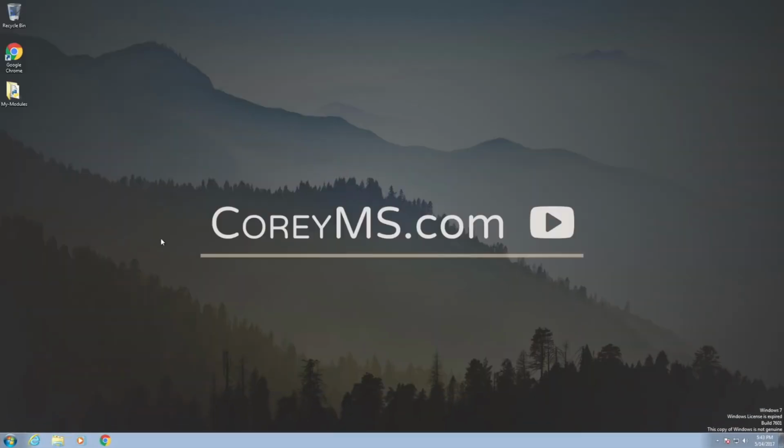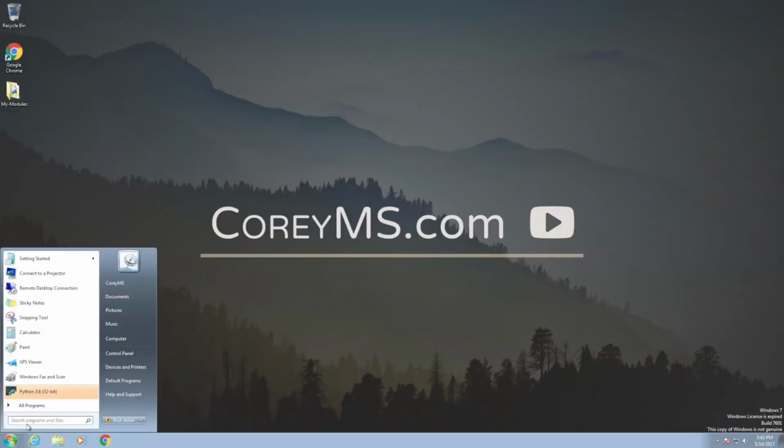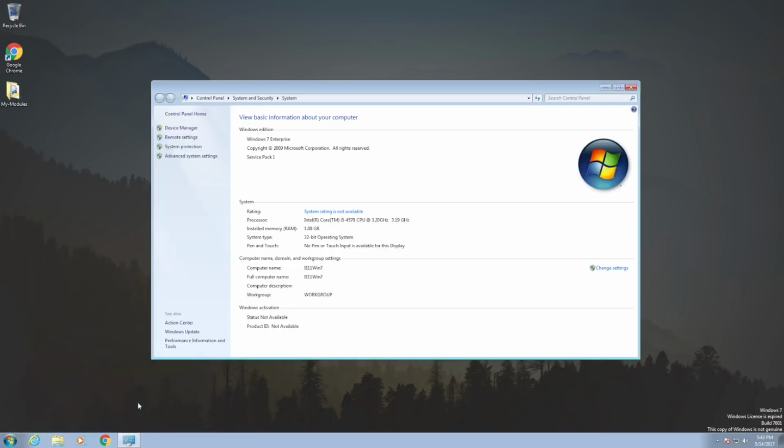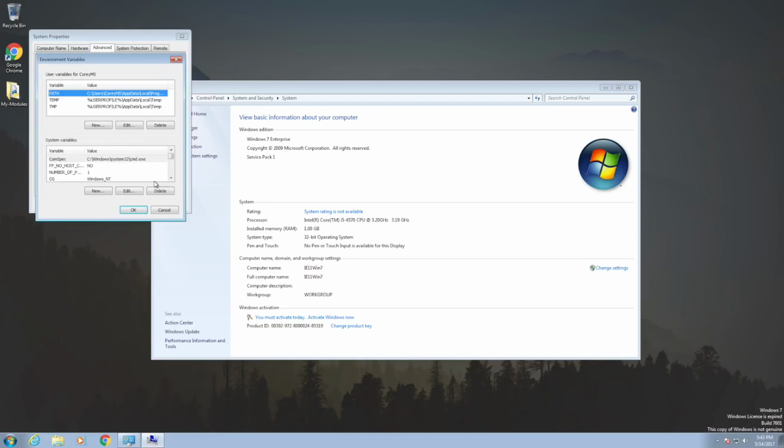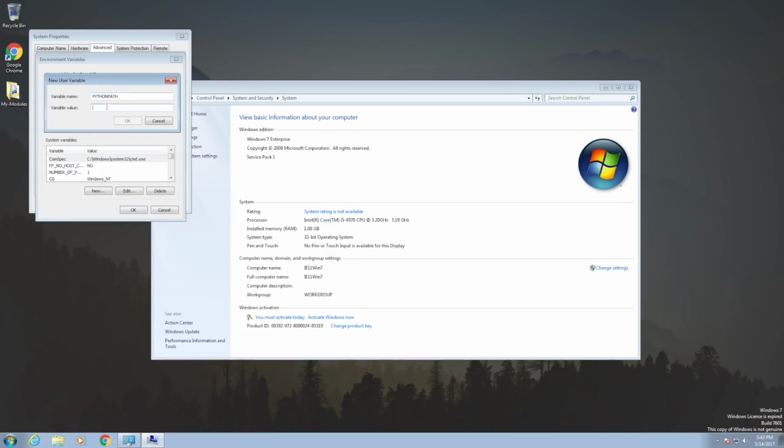Now to set this environment variable on Windows, we can click on our Start button here, and then right-click on Computer and go to Properties. And from Properties, we want to go to Advanced System Settings. And from here, at the very bottom, we can click on Environment Variables. And now we can create a new environment variable. So we'll click New, and we'll name this PYTHONPATH, all uppercase there. And then for the location, that's going to be C: